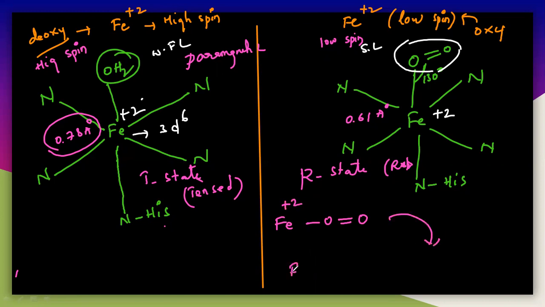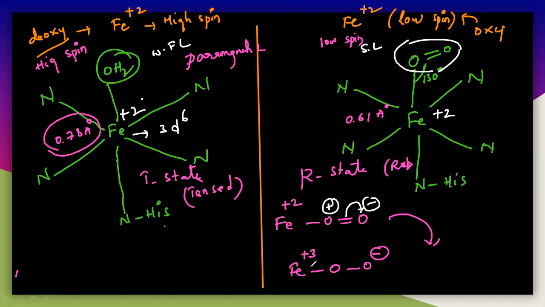Whenever this iron can change the structure like this, it can make a structure like this. See what happened: there is a resonance possible here. This bond will move towards this, and you will get a negative charge and a positive charge. This metal, which is +2, can give one electron to this, and it can make a bond with this. See here, there is a plus here, so it can make the bond with this.